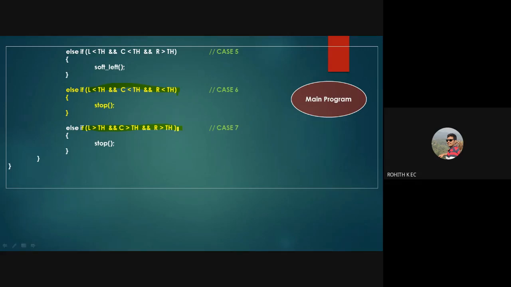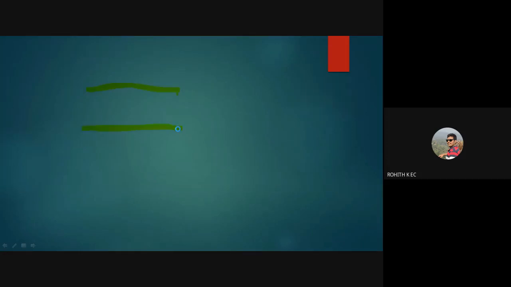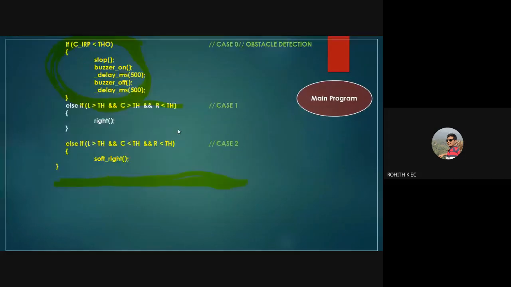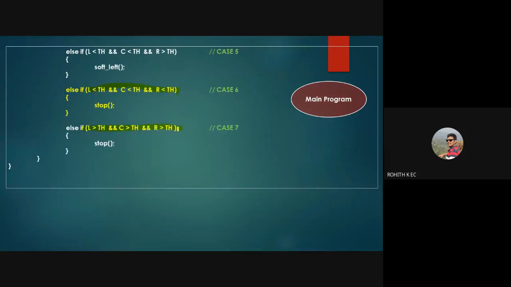Is there any doubt in the program that I have discussed so far? If you have any doubts at any part, you can ask me. I'll be more than happy to clarify. The only thing that you should keep in mind is you should go in a systematic way. I showed you the skeleton of the program, so if you follow that skeleton, you will not have any problem. You may have doubts in some of the functions. For that, you can revisit the videos for the sessions done earlier or the PPT that we have sent, and your doubts will be clarified. If you have any more doubts, you can feel free to contact us anytime.